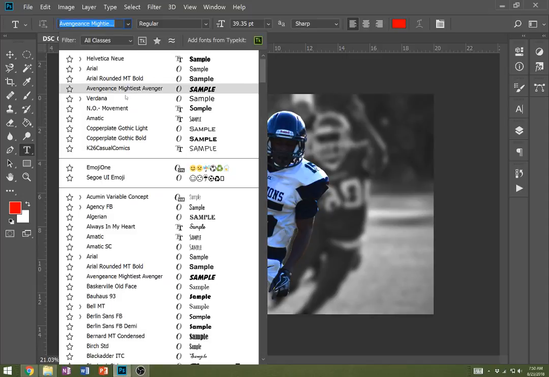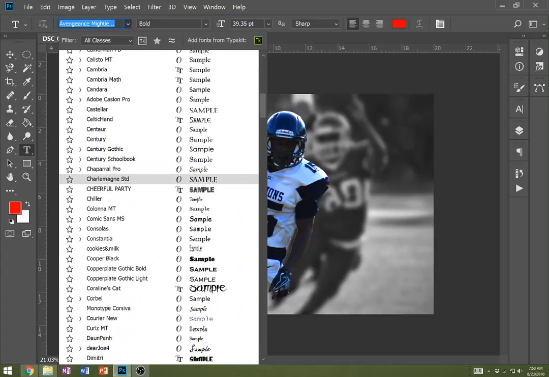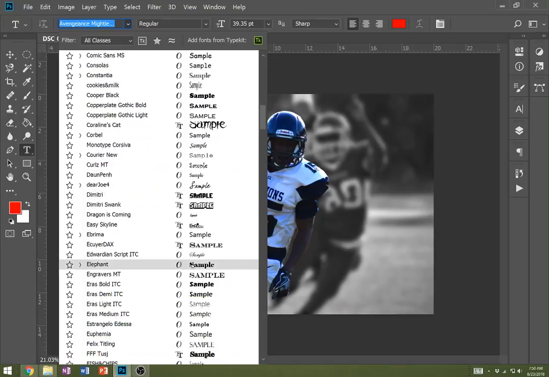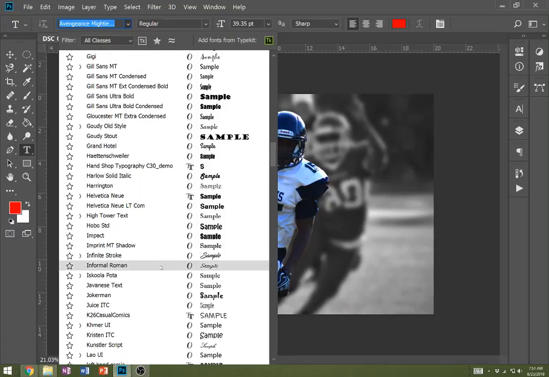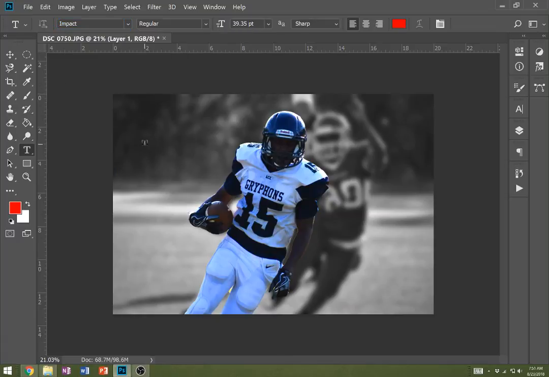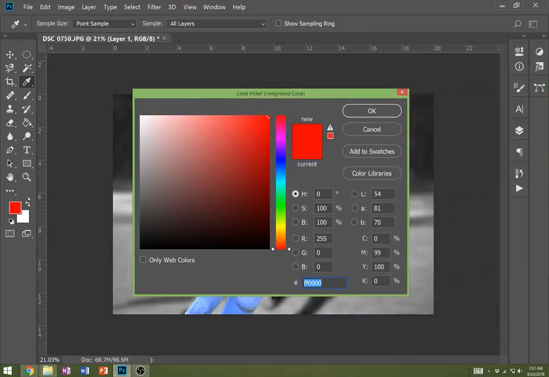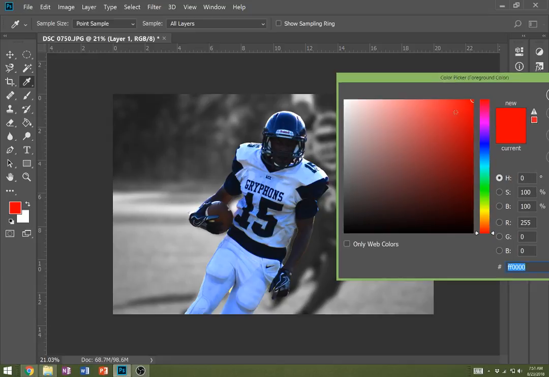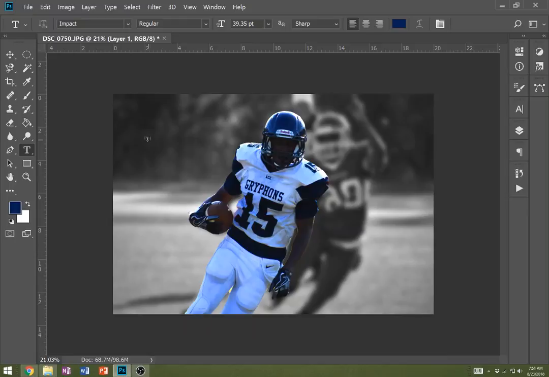Let's find something really big and blocky, and we'll just find something like if you have Berlin Sans, or if you have Impact, or if you have maybe not Cooper Black. I've got a lot of fonts that I've downloaded over the years here. Let's see if I can find Impact. Impact's a good one. And I'll just click anywhere, and I'll make this blue. What I'll do is I'll actually open up my color palette here, and when you choose a color, you can choose from all these different options. You can also come over here and you can sample something from the picture itself. So I'll use this right here. I'll go to OK, and I'll click and I'll say,